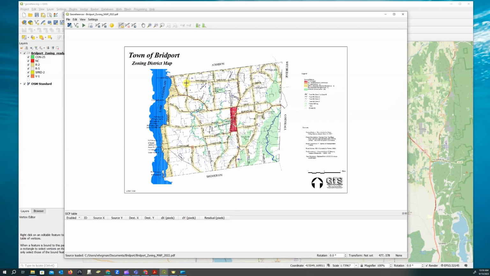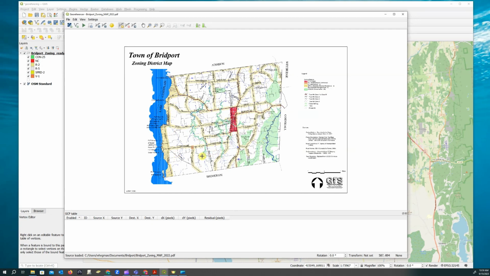So I am going to find a control point here, maybe one over here. I'm going to come down here and find a 3rd control point, and I'm going to find a 4th control point over here. The control points need to be spread out across the map. That's very important. You don't want them linear,